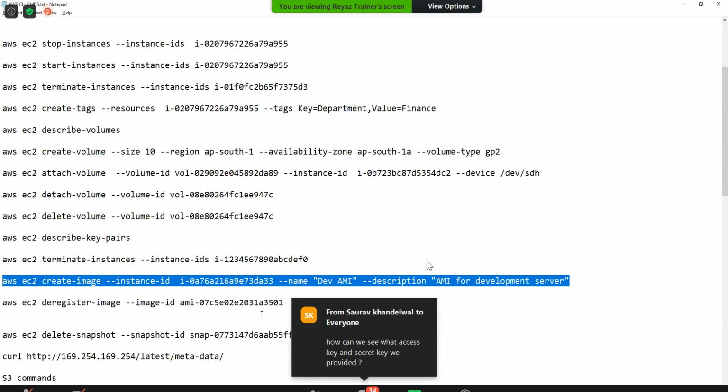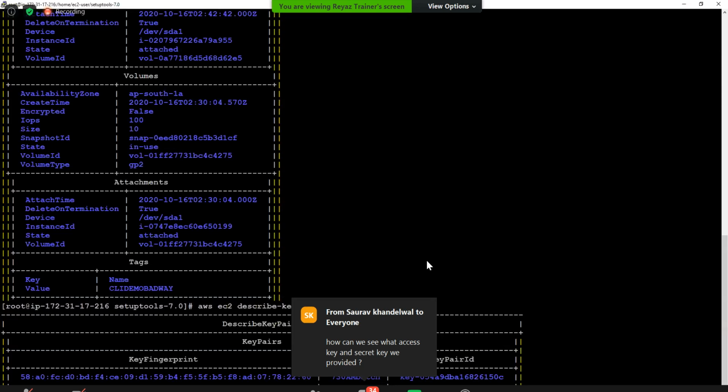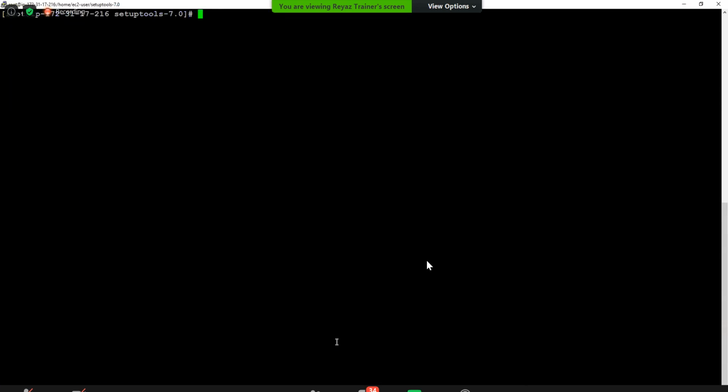So how can we see what access we provide? Okay, very important question. So guys, here I told you the keys are saved in one location. So the keys are saved in your root folder, .aws. If you do ls, you write this command, guys. Take this command. cd till meaning your home, and inside this there is a hidden folder called